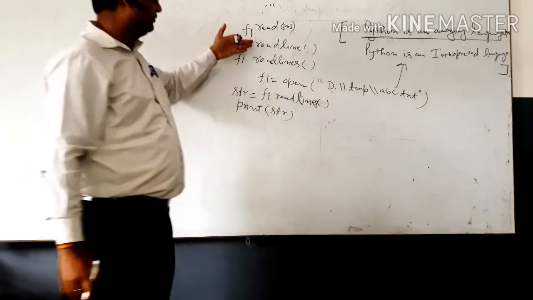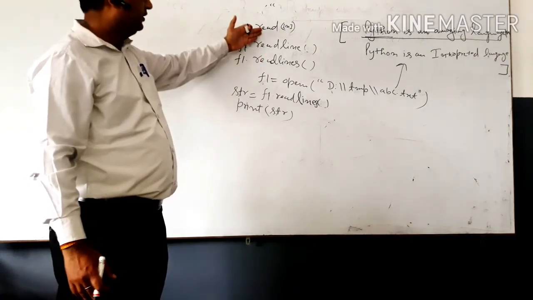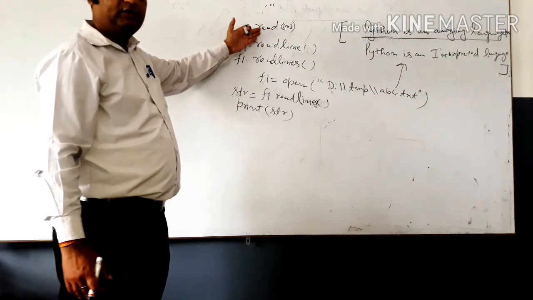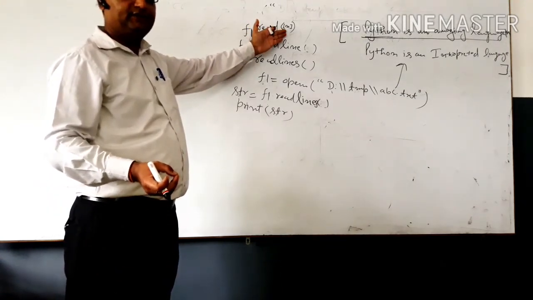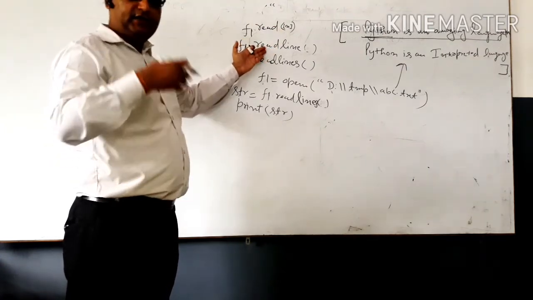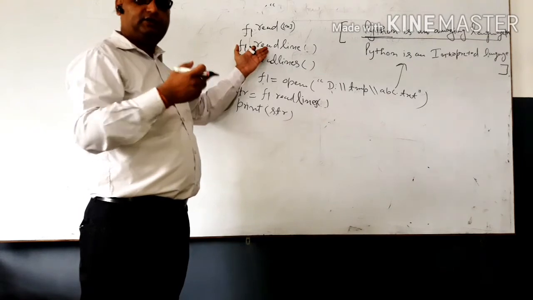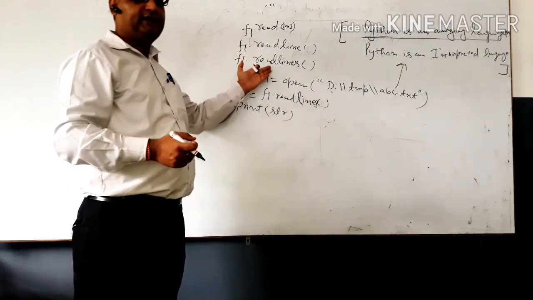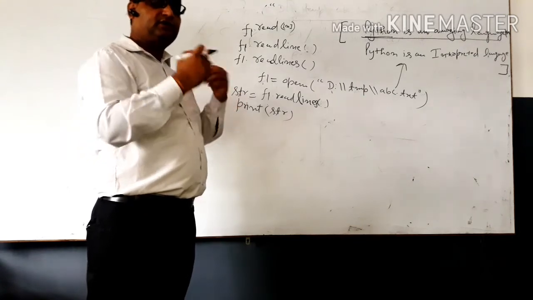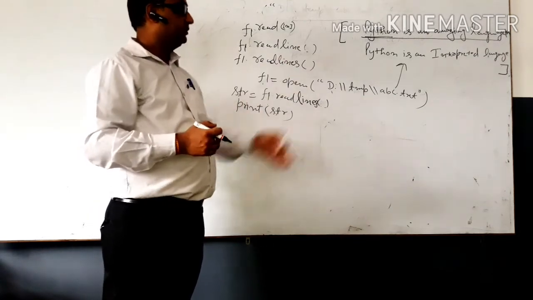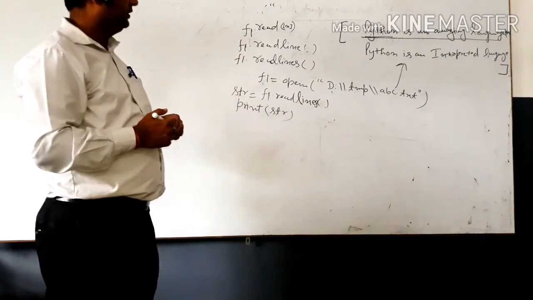So this is the difference between these three functions: read, readline, and readlines. Read shows byte by byte, 1 byte, 2 bytes, 3 bytes, whatever number of bytes is mentioned. Readline shows one line at a time, reading the text one line at a time. Readlines reads all the strings, holds them, and returns the result in the form of a list. So that is the difference between these three functions: read, readline, and readlines.